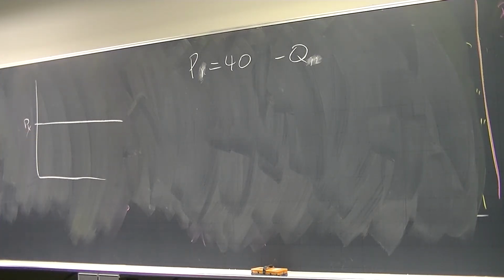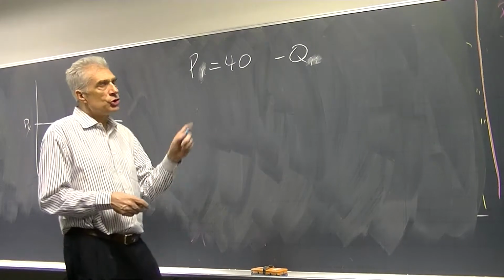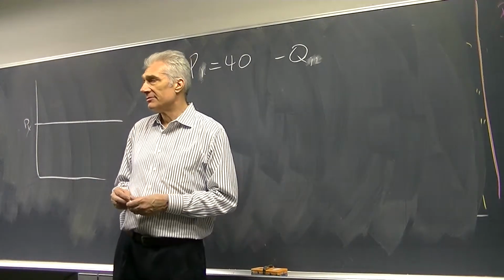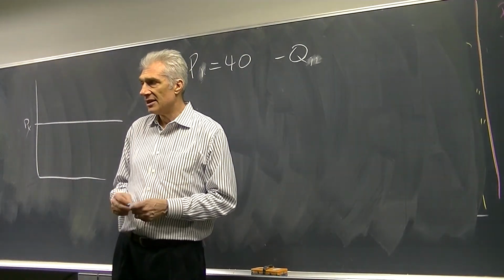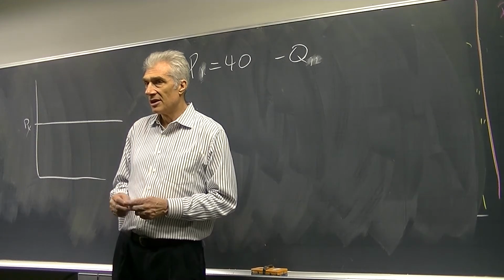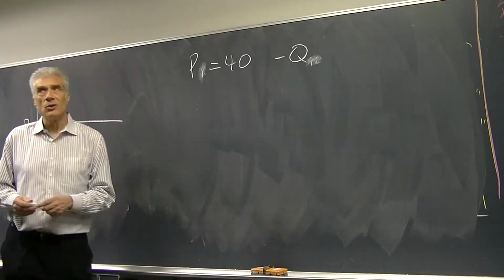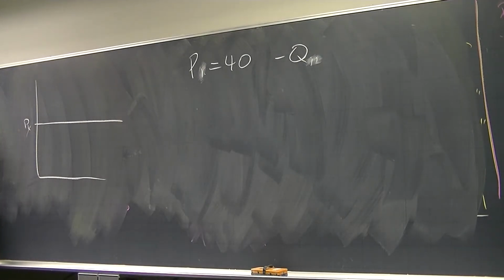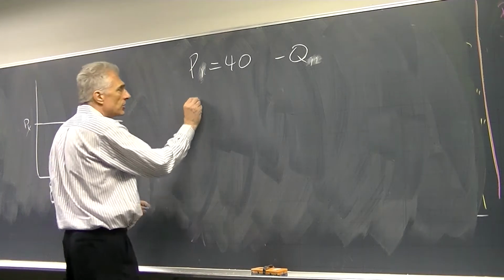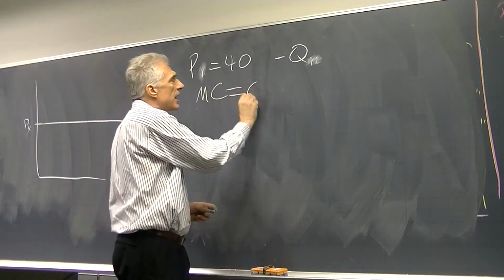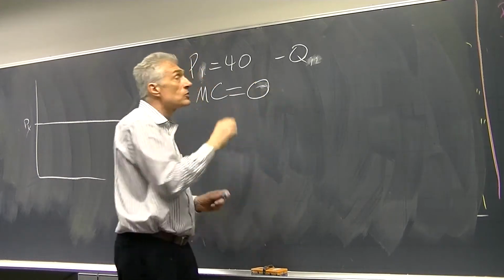what is the fixed cost at which the firm will choose not to enter the market? This is very important. I want you to learn how to think. Throw a problem like this at you, and I want you to think, okay, he's talking about the fixed cost. Let's say that marginal cost equals 0, just to eliminate that as the problem. We're just worried about the fixed cost.